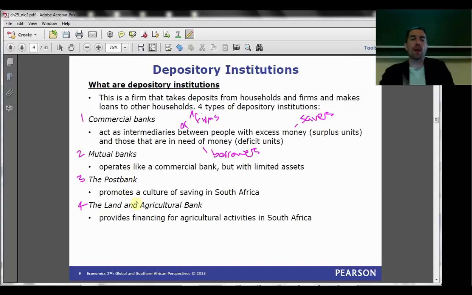And then, of course, we have land and agricultural banks, and these are banks that are specifically aimed at commercial loans for farming practices. So if you live in a city and you work at, I don't know, Deloitte or some city company, you're probably never going to encounter the land bank. But if you live in rural areas or a farming community, then you probably know a lot about the land bank. There are also other kinds of banks that we have in South Africa.